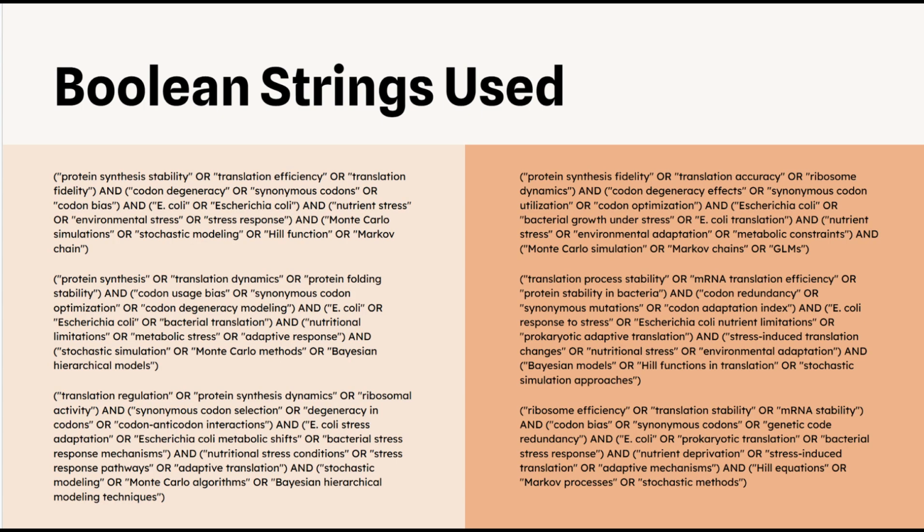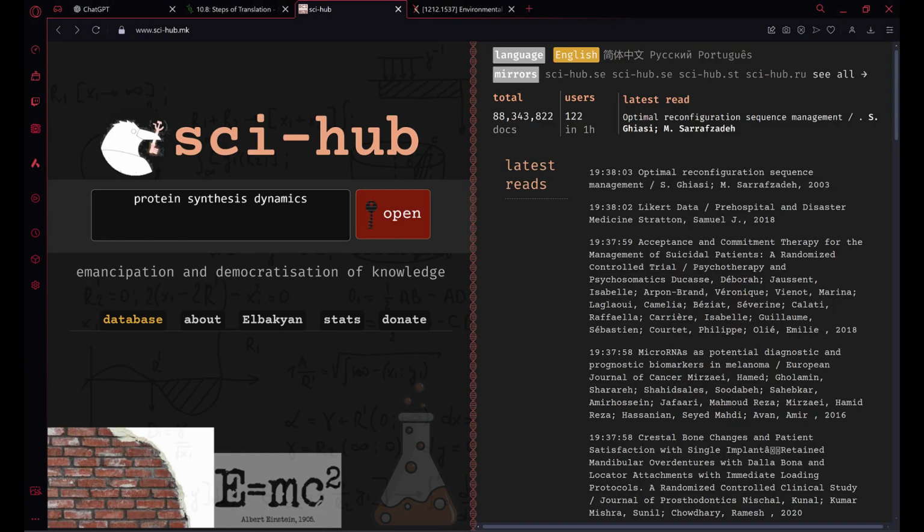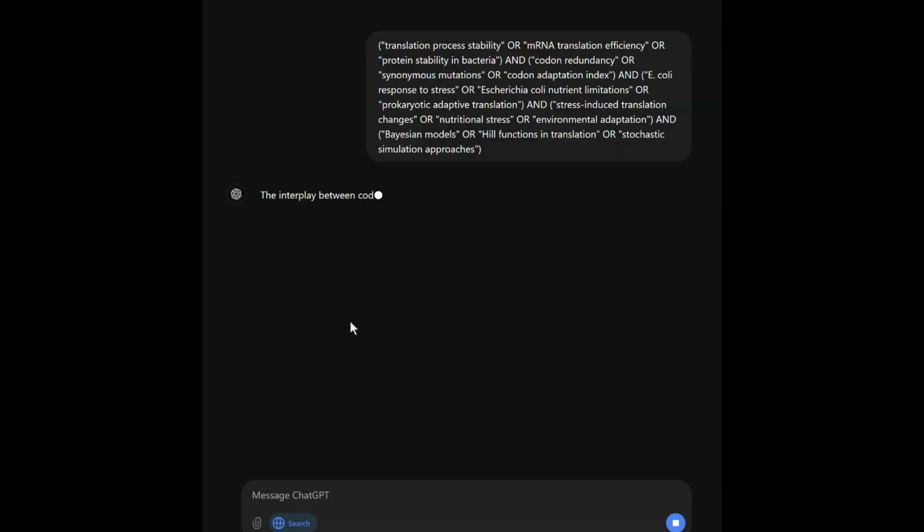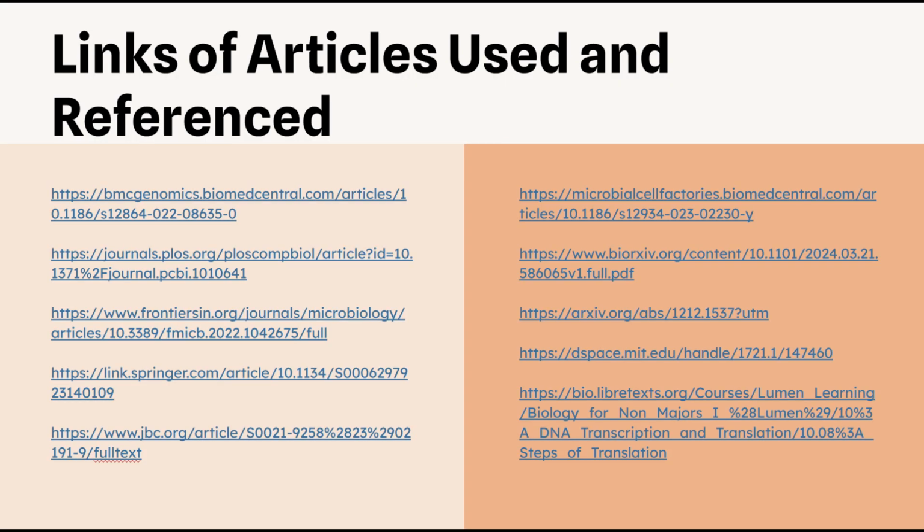The databases and services I used were Google Scholar, Sci-Hub, Archive, and ChatGPT web search. Next, these are the articles that I referenced and used for this project. Instead of going through all of them in detail, I want to bring attention to some of the ones that I found to be the most helpful and that I used as a part of building this project, starting with